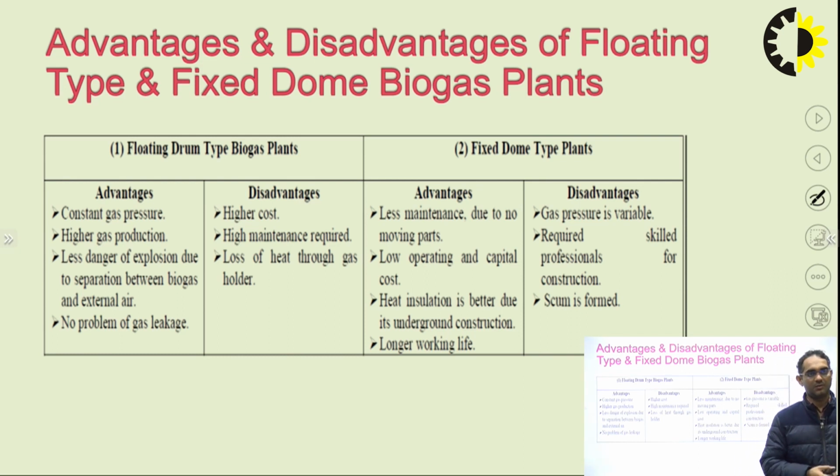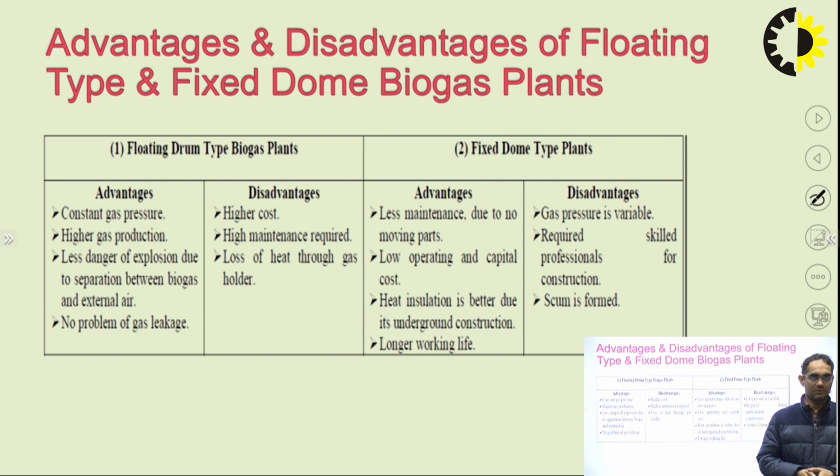There are certain advantages and disadvantages of the floating drum type. The advantages of the floating drum type are that it has a constant gas pressure, higher gas production, less danger of explosion due to the separation between the biogas and the external air, and no problem of gas leakage. The disadvantages of the floating drum type are that it has a higher cost, higher maintenance is required, and there is loss of heat